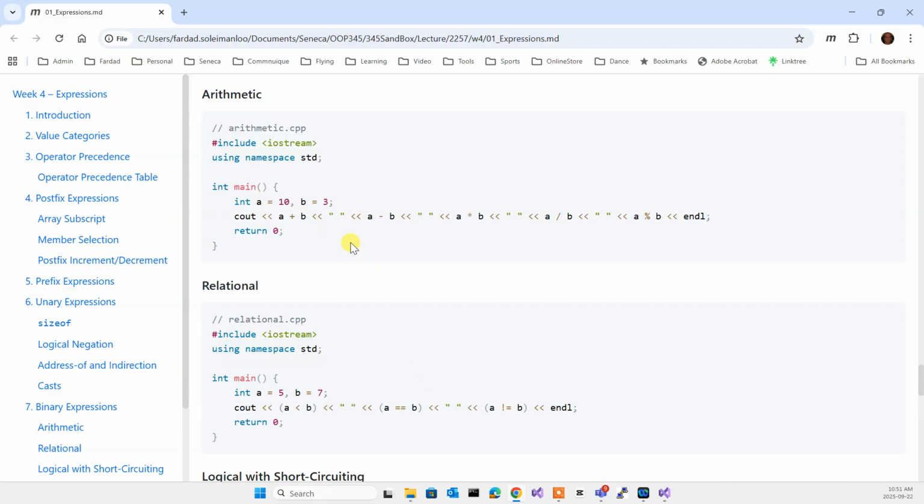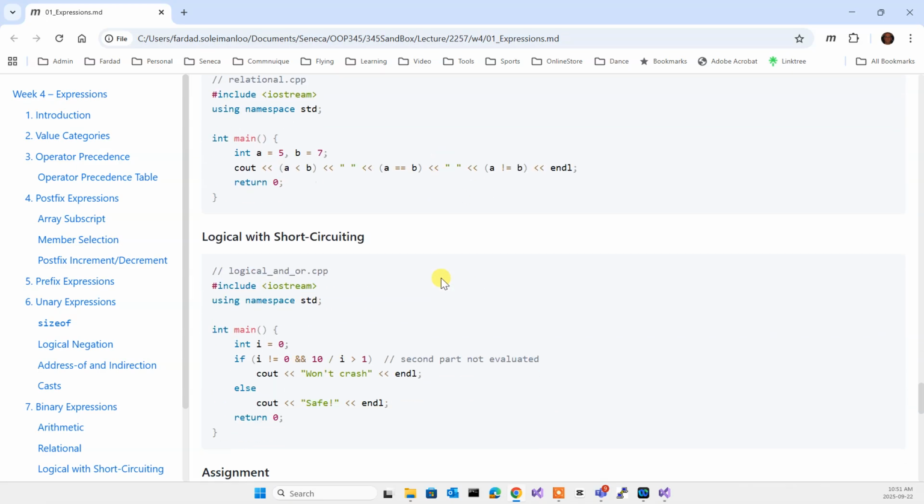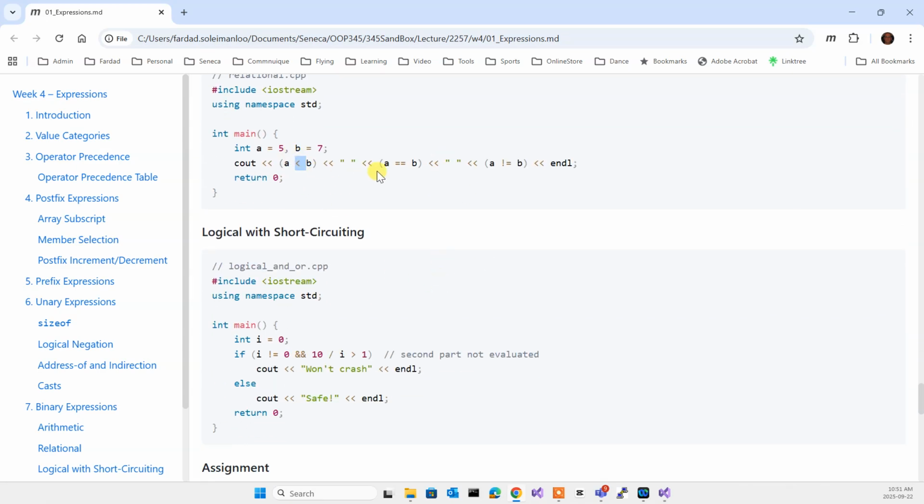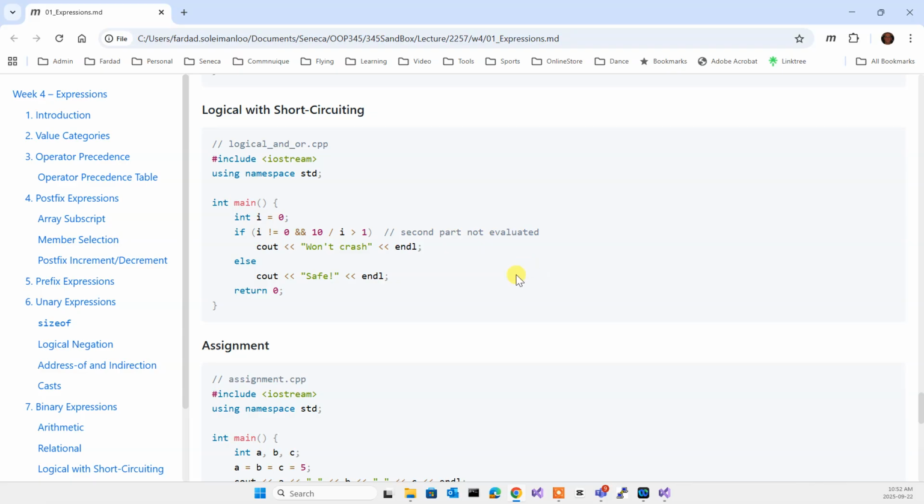Binary expressions, they get two operands and return a value. You know exactly what they are. Relationals work like this. It's exactly like binary. It just returns true and false. Short-circuiting. Short-circuiting is for